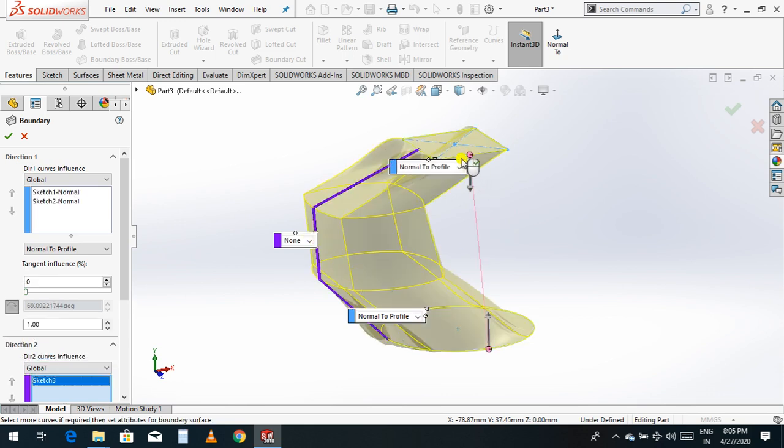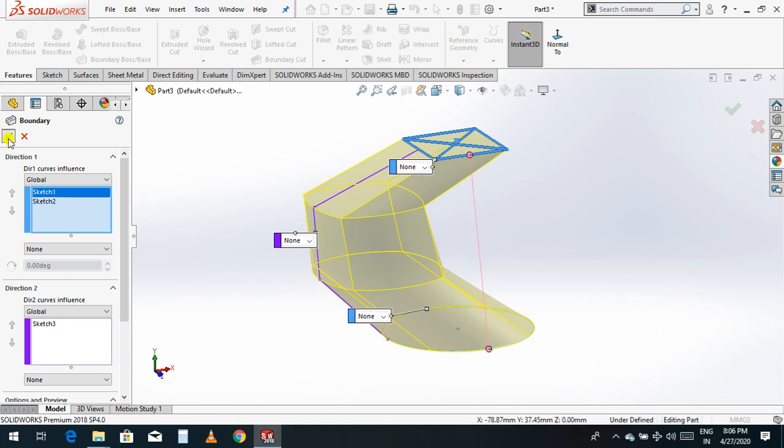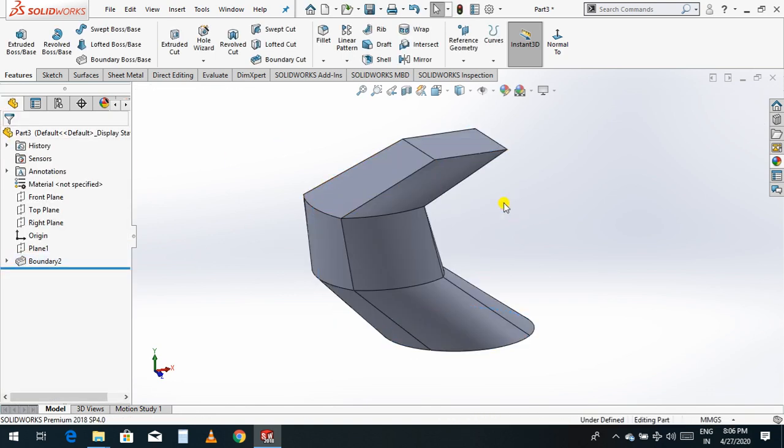So this is called a boundary boss base passing through the path. I think you guys have understood it now.